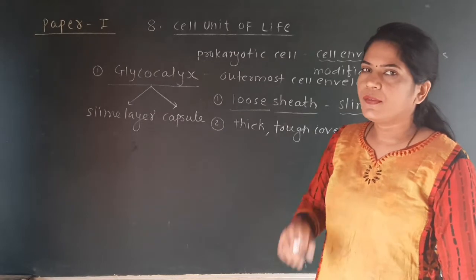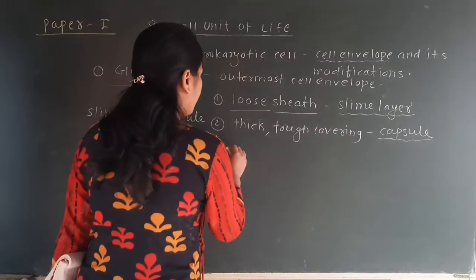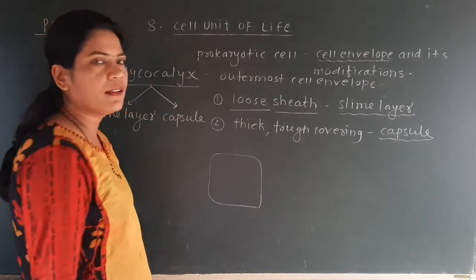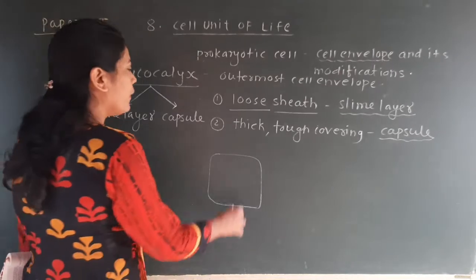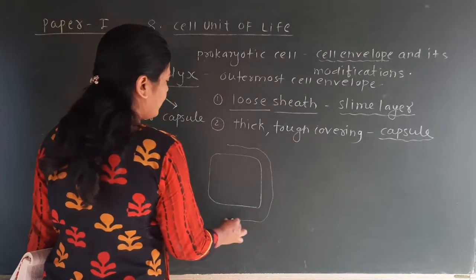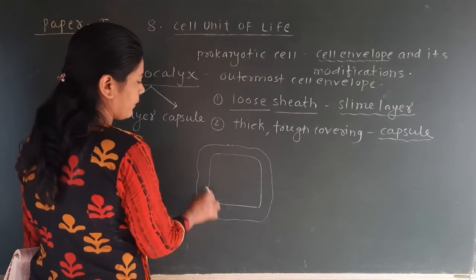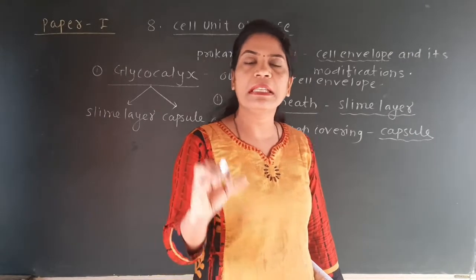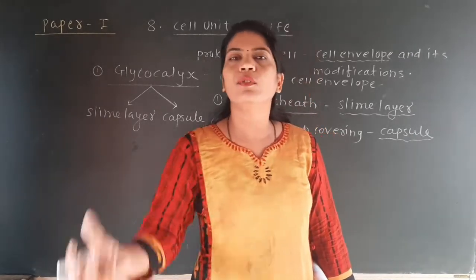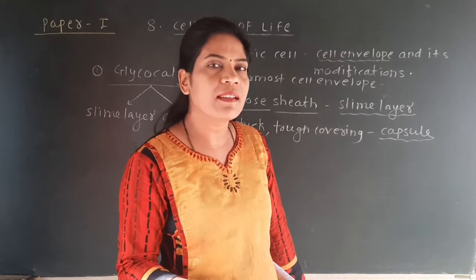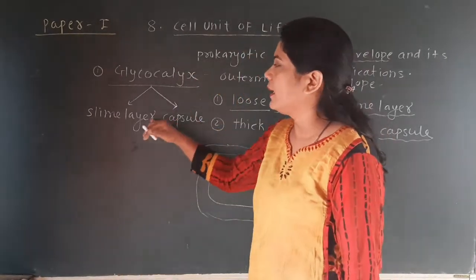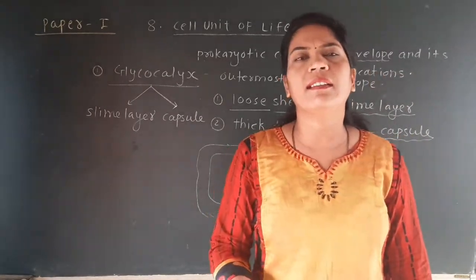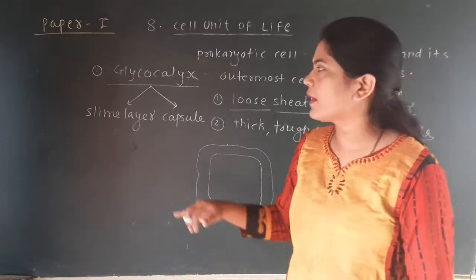So here the very important thing is that if we see the outermost, this is a bacterial cell, and now we are discussing only the outermost covering, the glycocalyx. When this glycocalyx is present in the form of a loose covering, means if we take a box, the lid of the box, the covering, can be loose, and we can easily open the box. If it is a loose covering, we will call it slime layer. But if the lid of the box is very tight, does not come off quickly, and you have to make a lot of effort to remove it, then what will you call it? Capsule.